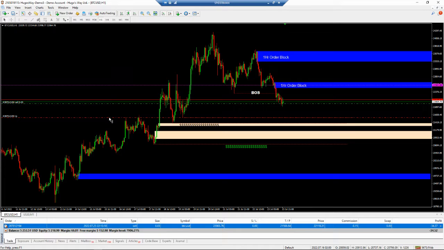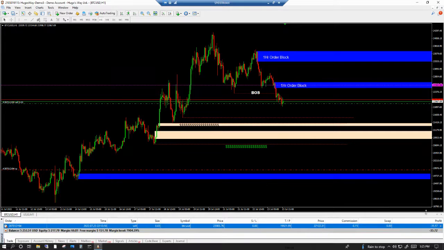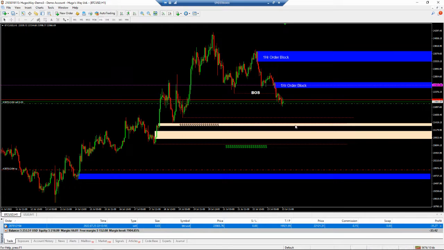I need to take this off because I don't want that to take it off the table. Let me push it down to here, right there. Now, as price comes down, I'll manually close out certain parts of this trade. But I'm gonna remove this because from there down anyway is all liquidity. So up until price gets to here, from here where this order block is back up to where I got in, or this 1 hour order block, is all liquidity. As price comes down and I go into profit, once it gets here, it'll close the trade on its own,